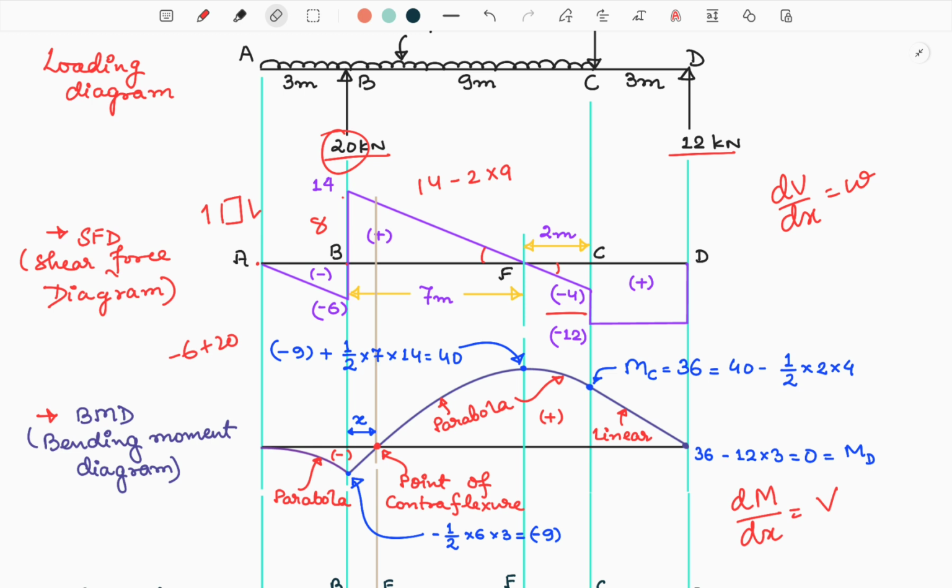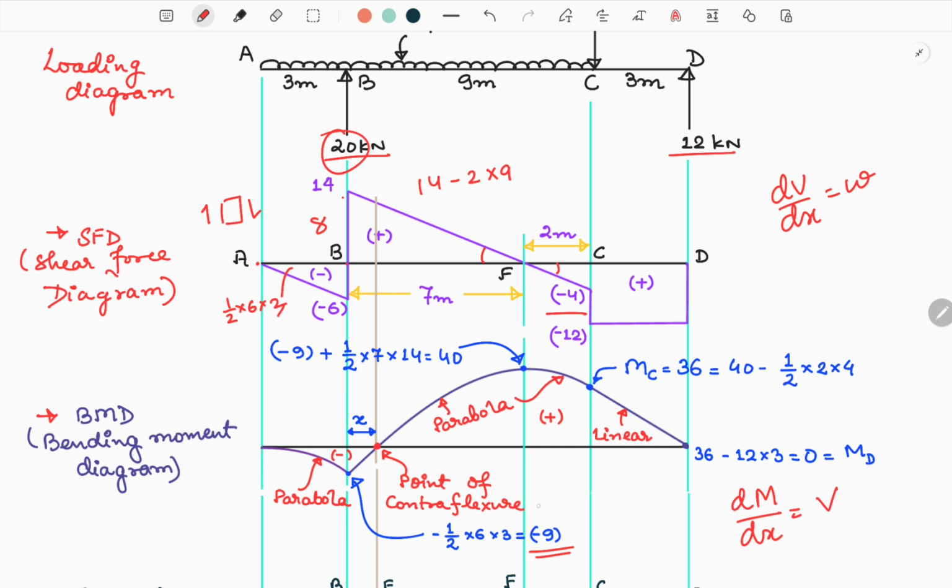Okay, the slope can be calculated using this shear force diagram, and the bending moment at various points can be calculated like this, such as bending moment at point B can be calculated by using the area of this triangle, half into 6 into 2. This will give us 6. Half into 6 into 3, that will give us 9 kilonewton meter. Okay,